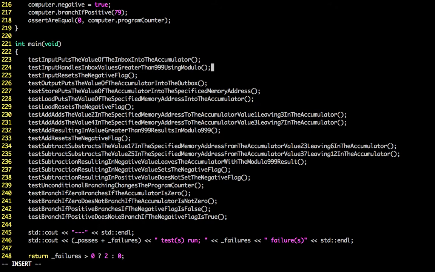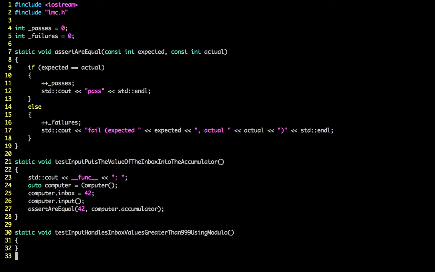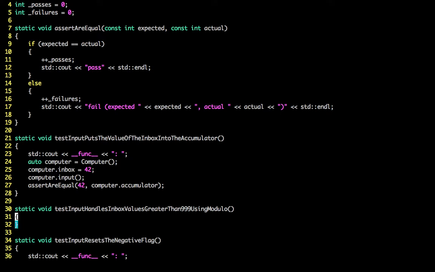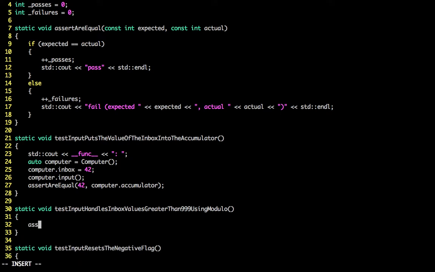And that's the one. And then we will want to assert that the accumulator value is 0. We're going to give it the value of 1000 in the inbox,